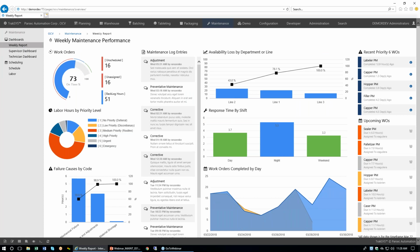And in the main dashboard, everybody's installations could be potentially different based upon what's important, but these are some examples of frameworks that would be useful for identifying how well the maintenance organization is performing. So identifying where the majority of the work is happening, whether it's urgent type work or more PM based, as well as